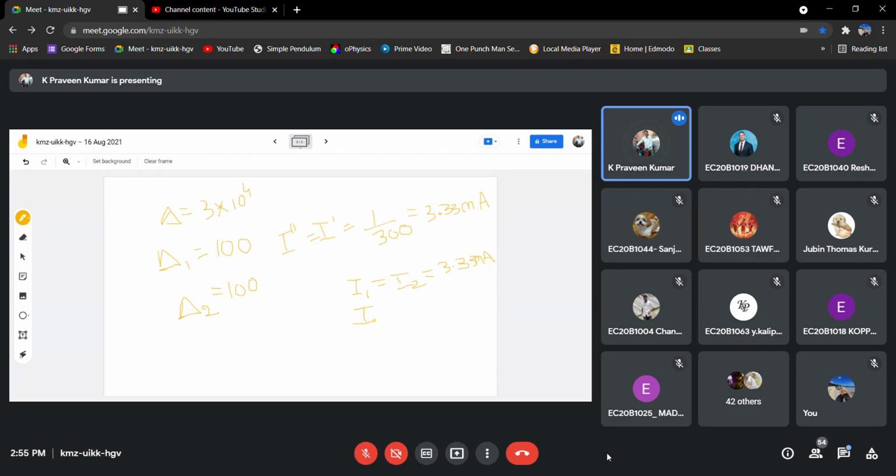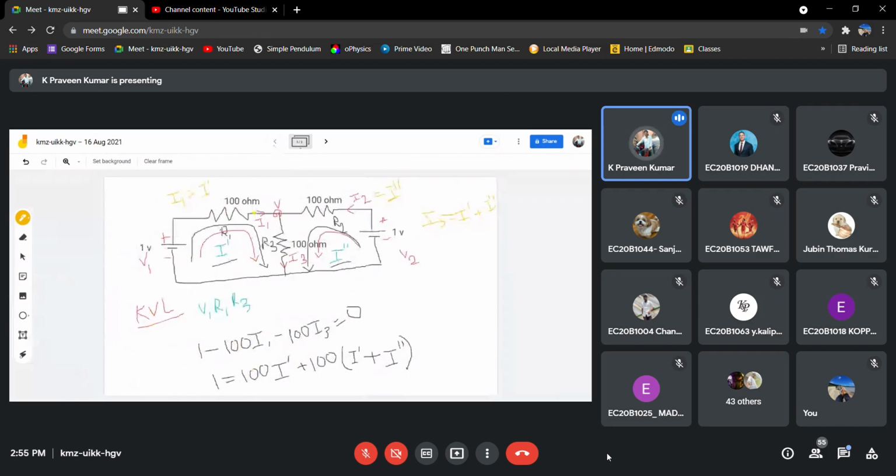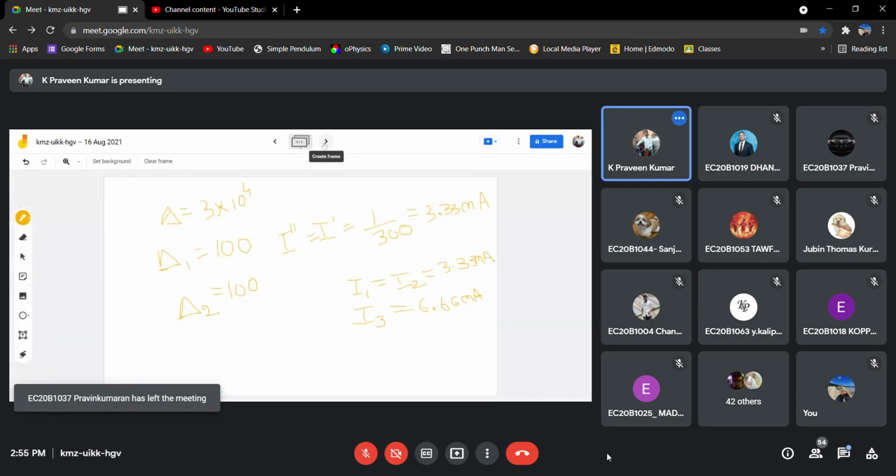And the current I3 will be 6.66 milliamps. Now what is the node voltage V? So we have one more thing, the node voltage. How much is it?